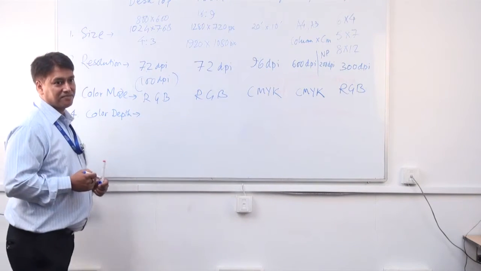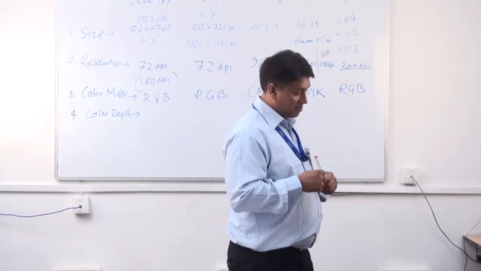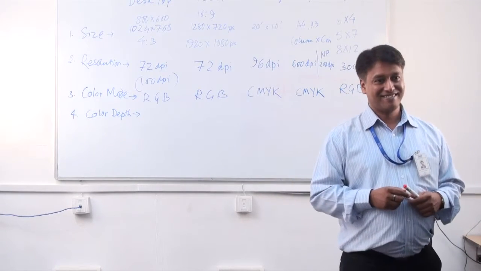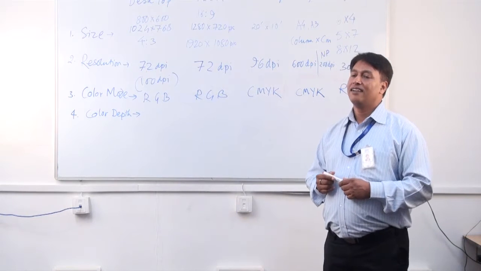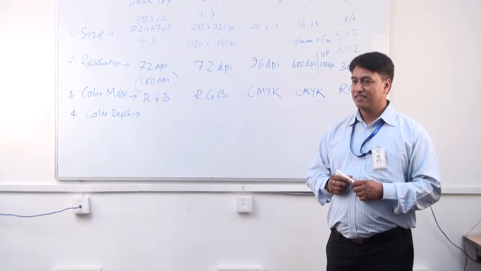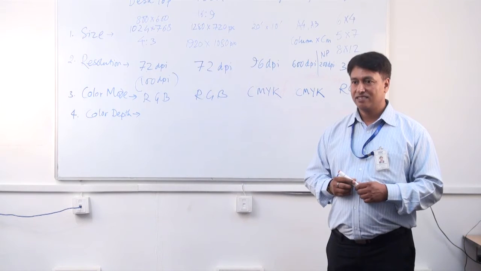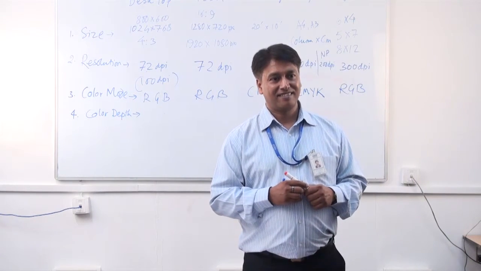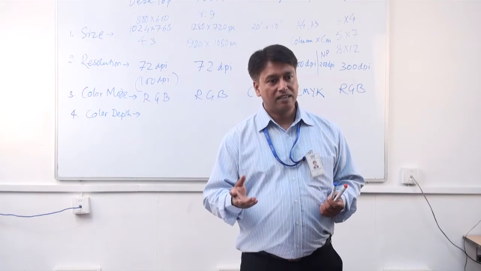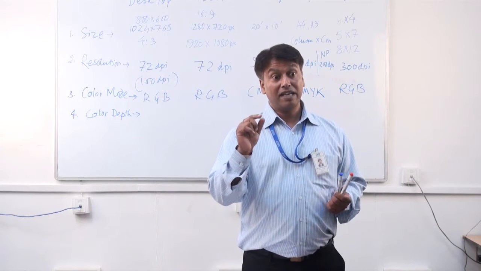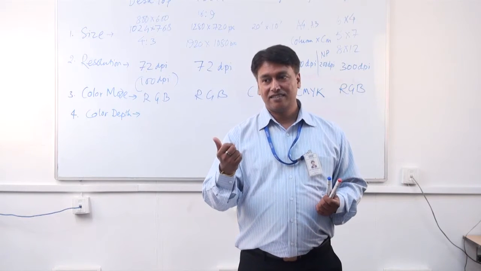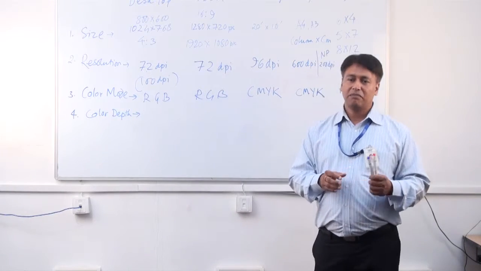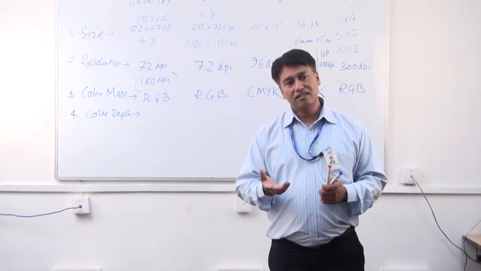What is color depth? Now you should be knowing about the mathematics of computers. The amount of color you have to use, the amount of color, saturation. What is color depth? When you open a Photoshop file, it says 8-bit per channel. Number of colors, number of shades, because colors are limited.